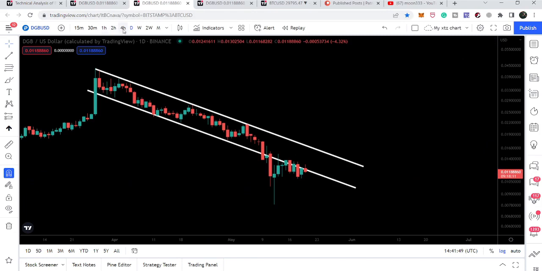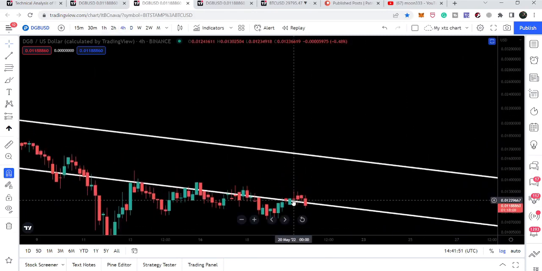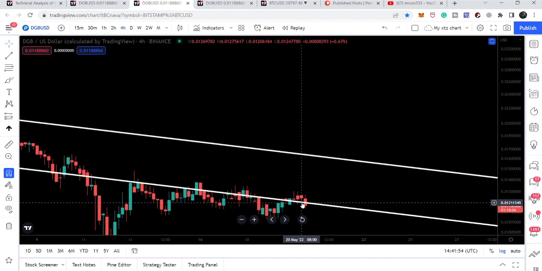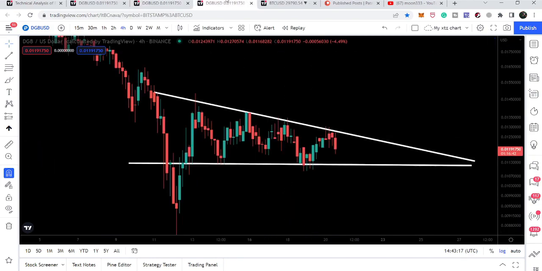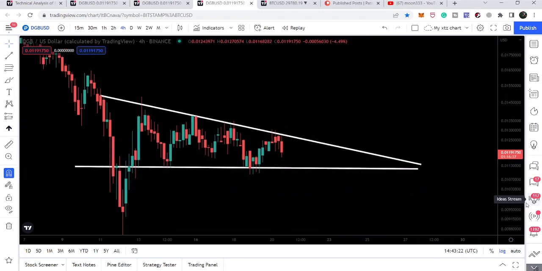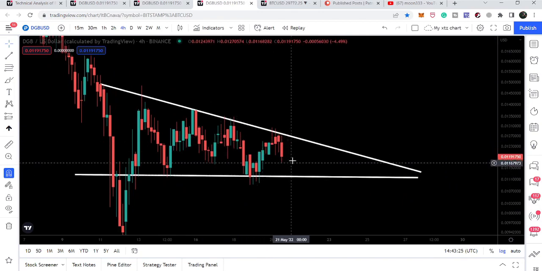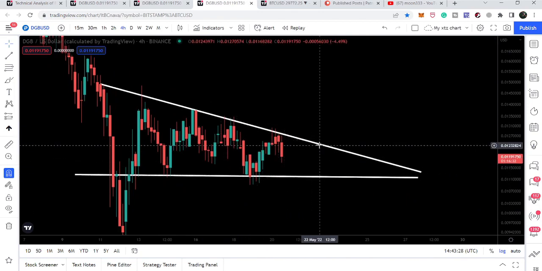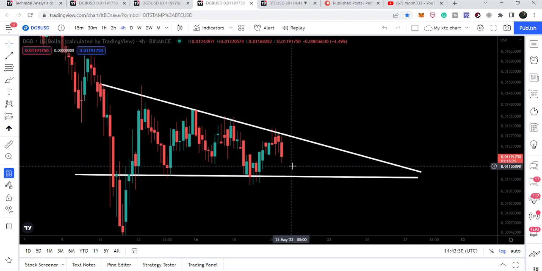If we switch to the 4-hour time frame, then we have multiple closings above this previous support of the channel that is now working as a resistance. And right now you can see that the price line is again moving down and testing this resistance as a support. But once we have a closing below this support of the channel, then DigiByte can move more down here to test the support of this descending triangle. And after testing this descending triangle, it can have another reversal move from there. I'm expecting that the price line can reverse back from that support, because we have a very strong support here